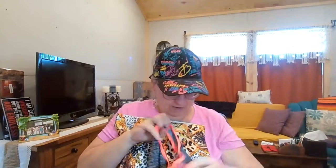Can you see my hand right through them? Can you see the light right through them? Look, see how thin they are? You can see the pattern right through them. You don't want to be caught out in public in these unless you have a really, really long tunic top on with them. But for sleepwear, seriously,